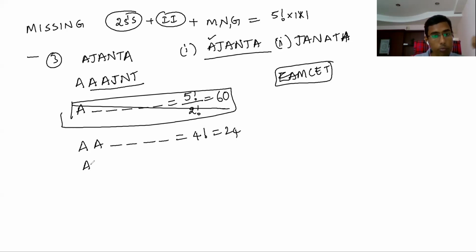So therefore, if I fix A, then what comes is AJ. The number of words that start with AJ is also 24, but in this we want only the words that start with AJ. How many words in this AJ? It is actually 24 by 2, because 2 A's are there. Within this, the words that start with AJA come first. There are 3 factorial, 6 words that start with AJA, but I want AJA only. After that, what do I get?